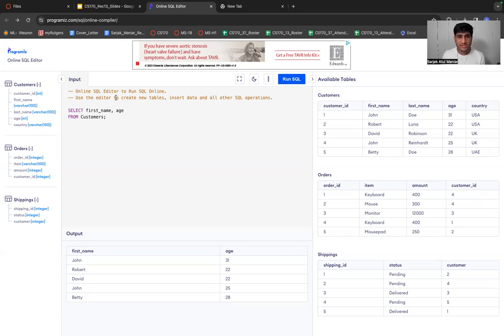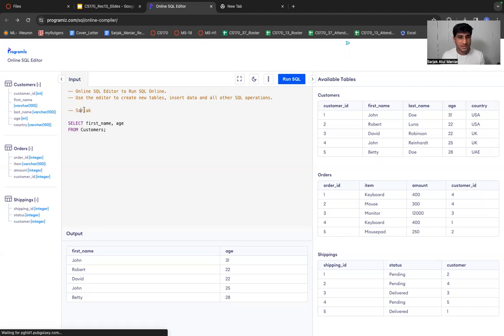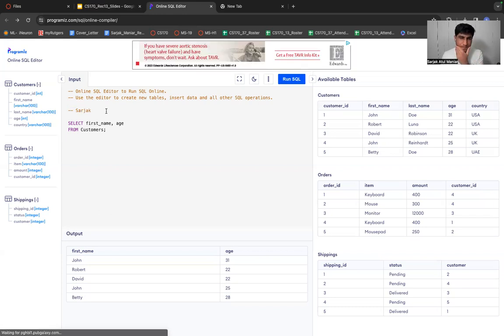Similarly, in SQL, if you want to put comments, you use a double hyphen like this. And I can write anything over here. Of course, this will not be counted while compiling this particular code. This is simply a comment, which is used to give some clarity to the person who is reading the code, right? So this was just about comments.